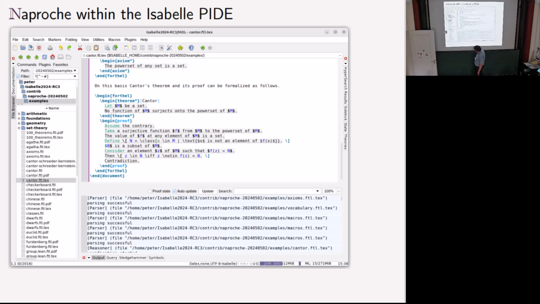The Cantor file is one of the examples that comes with Isabelle; you can see the file browser on the left-hand side. So you put it in your editor, it immediately starts checking, unless you disable that, and then you get your output, and hopefully something should be successful. I'm not quite sure why there are so many successes here, but this is only part of the output, and if you would scroll down, hopefully you also see the checking success.